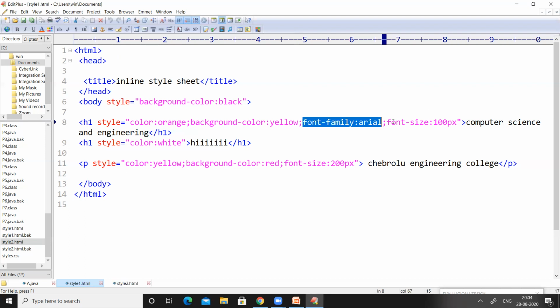So the last thing we have seen in the previous session, right? Sometimes we want to display the text over the web page in larger size and sometimes in very small size.